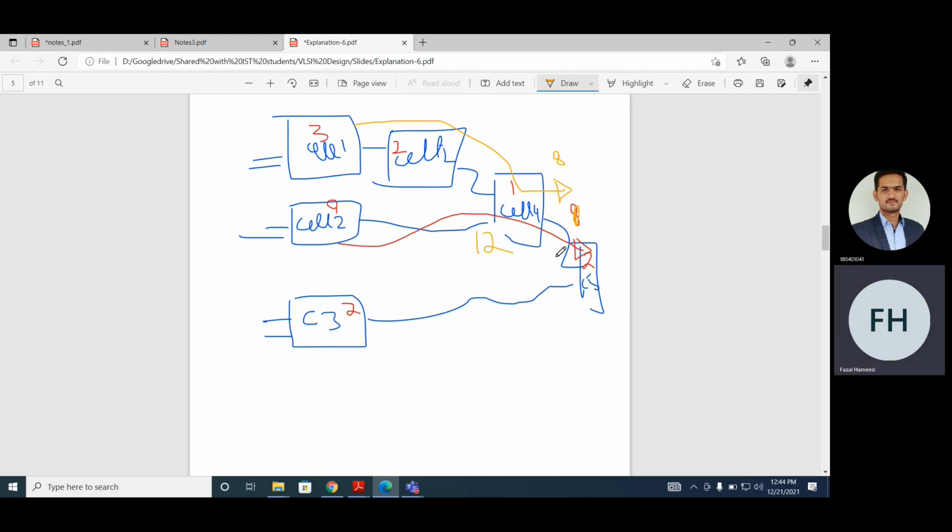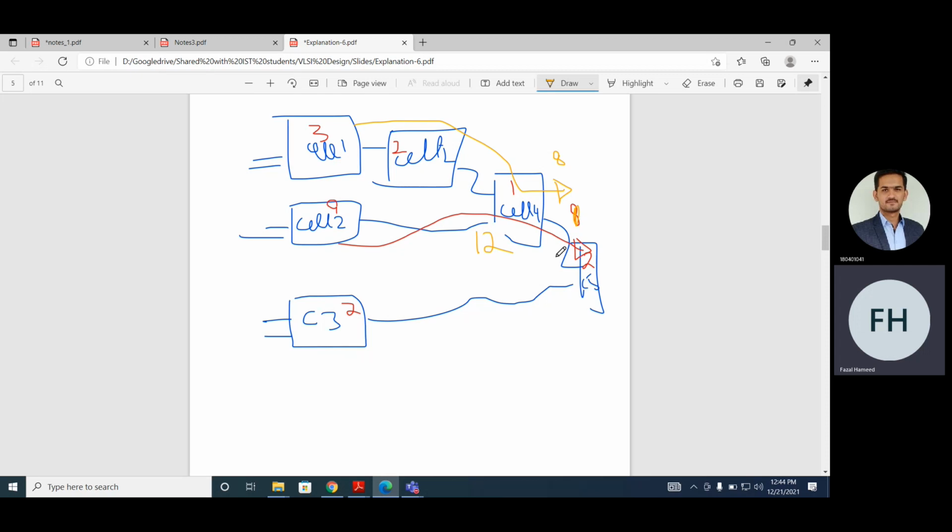Cell 2 and cell 4? Why? What will be the advantage? So the routing delay will be less, and then we can place cell 3 and cell 5 further from each other. It's not a problem. So when we will be doing the routing, so now we have not to consider the